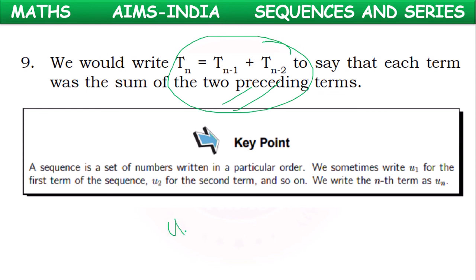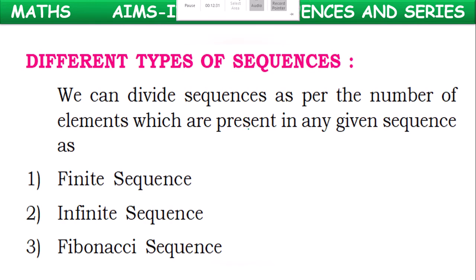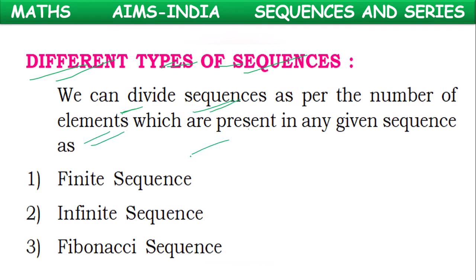Sometimes not only T1, T2, sometimes we use U1, U2 and UN for representing the terms. Next slide. So now we have different types of sequences. So far what we have discussed, based on that, we can divide the sequences as per the number of elements which are present in any given sequence. We can divide the sequence into finite sequences if they don't have dots, infinite sequences if they have dots at